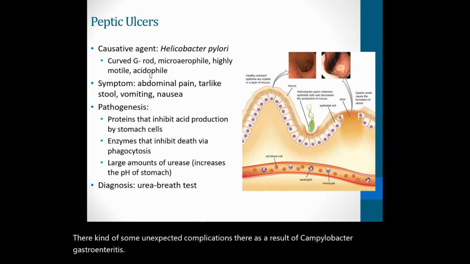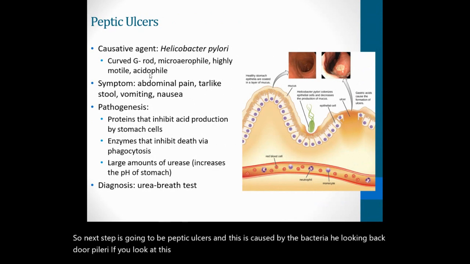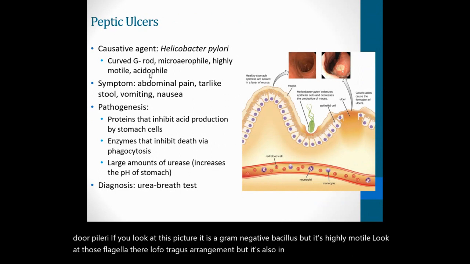So next up is going to be peptic ulcers. And this is caused by the bacteria Helicobacter pylori. If you look at this picture, it is a gram-negative bacillus, but it's highly motile. Look at those flagella there, lophotrichous arrangement, but it's also an acidophile, right, which is pretty advantageous considering the pH